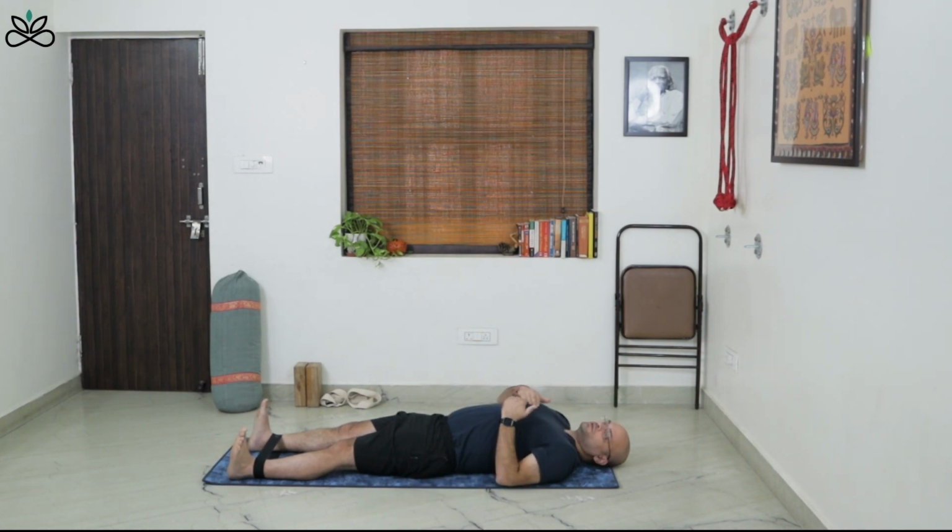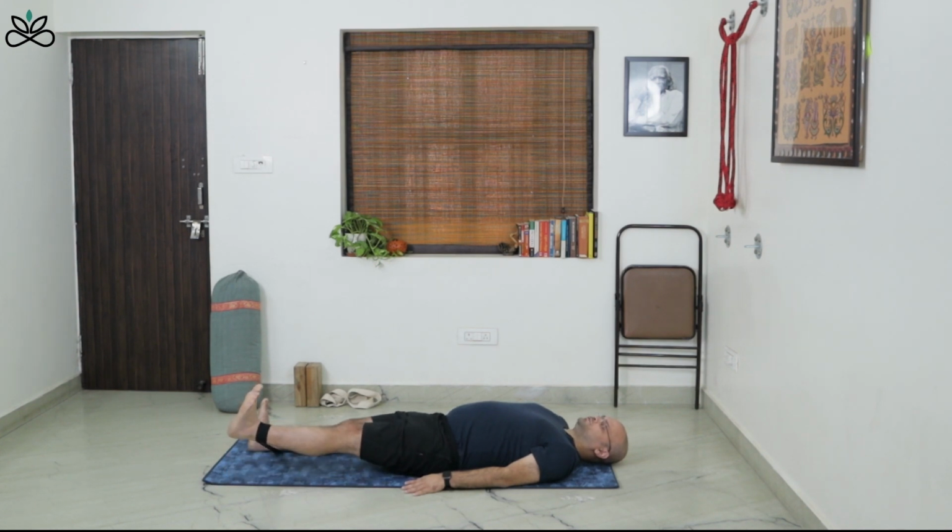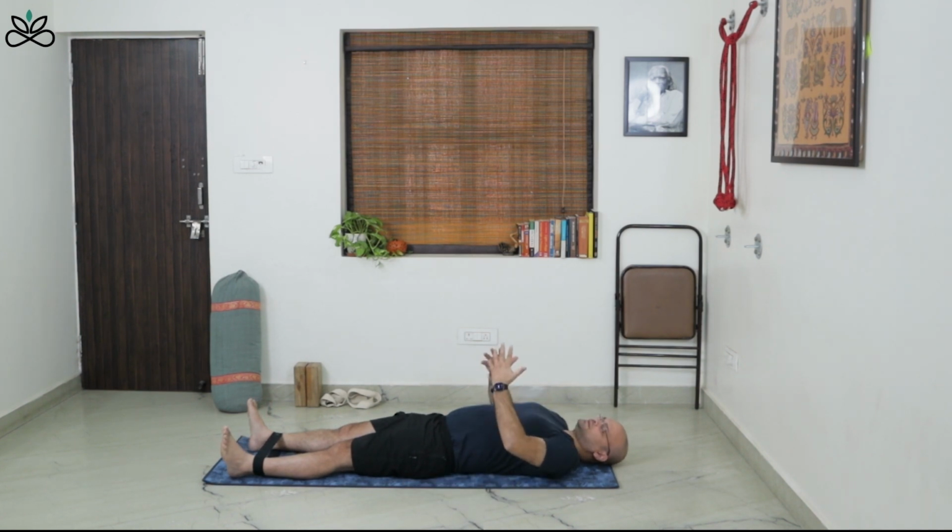Now we are going to work on the hip abductor muscles. So for that, you would slightly raise your left leg up and take it to the side. 1, 2, 3, 4, 5, 6, 7, 8, 9, 10. Now this could be stressful for beginners and old age people, so make sure that you keep on asking